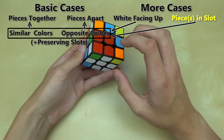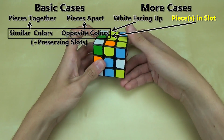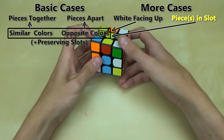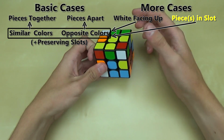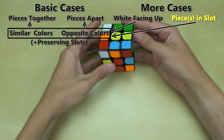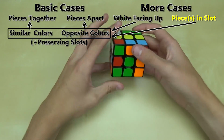You could even, when you're doing this, turn it over here. Now you have a different case, or you could turn it like this. In this case, we actually have the same case. It doesn't matter how many times you turn the U side from this case, and it will always work. And then of course, once we get here, we're just going to do one of our normal cases. So in this case, we need to set it up to that second main category and then insert it